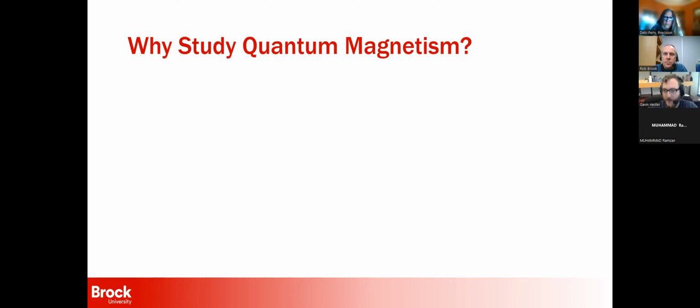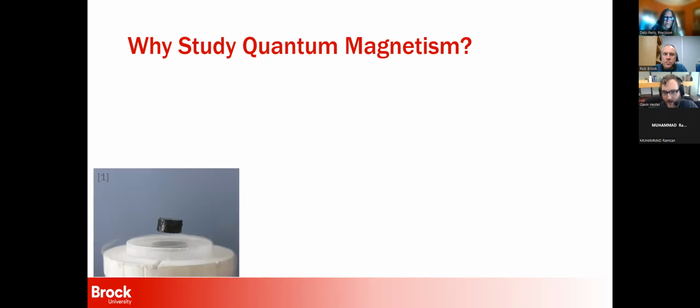And then if you're not in this field, you might wonder, why do we bother studying these systems? Most of their transitions happen at helium temperatures, 4 Kelvin or less. And there are actually a number of reasons. So one is superconductivity. This quantum spin liquid state was actually introduced, if I remember correctly, in the 1980s by Paul Anderson as an explanation for why type 2 superconductors are superconducting. It turns out he was wrong, but